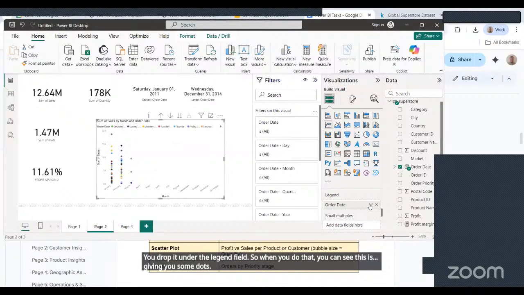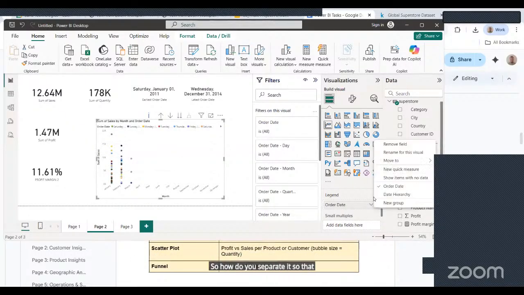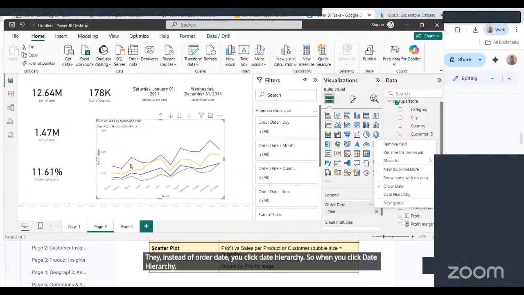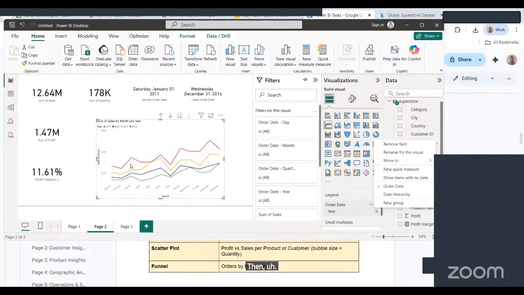So how do you separate it so that you get it for each? Then you click this down arrow, and instead of order date, you click date hierarchy. When you click date hierarchy, the line chart will be separated by